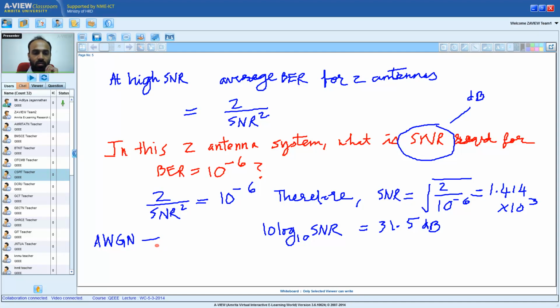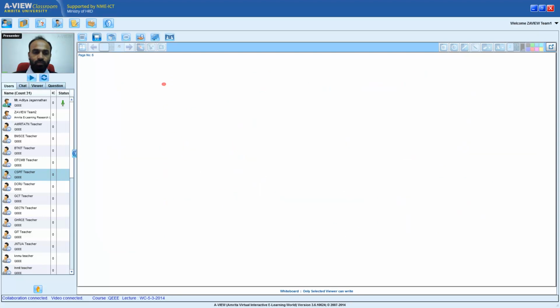Does anyone remember what is the SNR required in AWGN? The SNR required in AWGN is 14 dB,